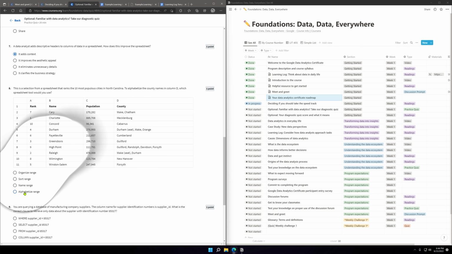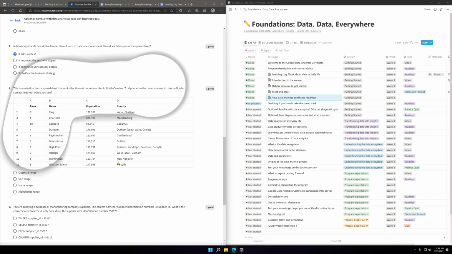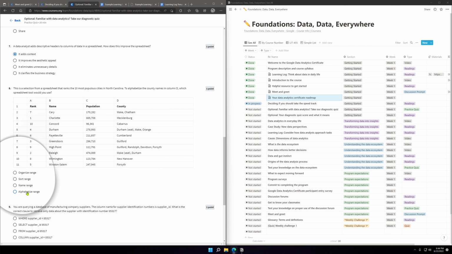Column D is county, so I would, okay, I'm not sure.